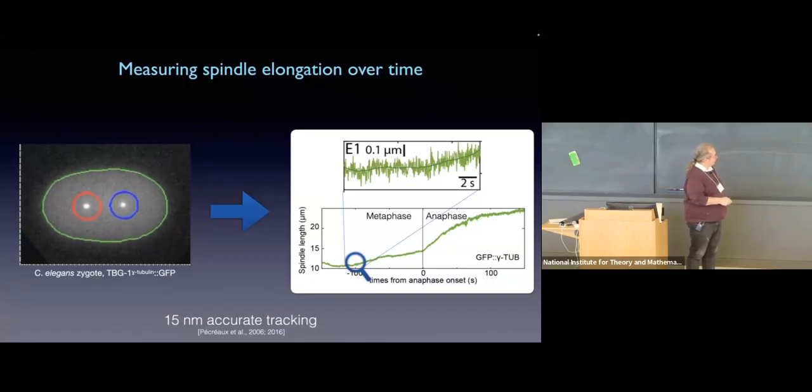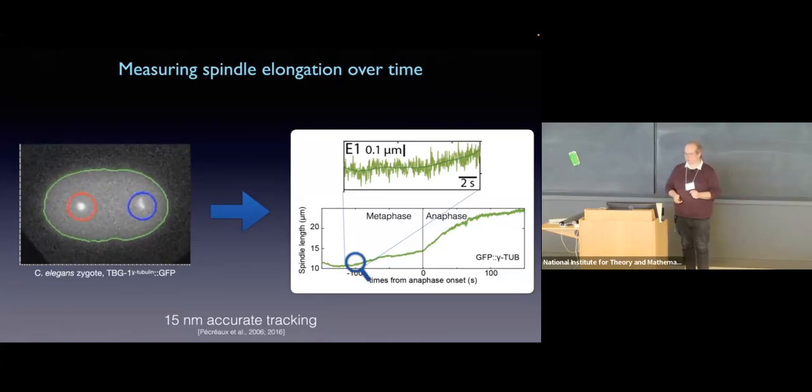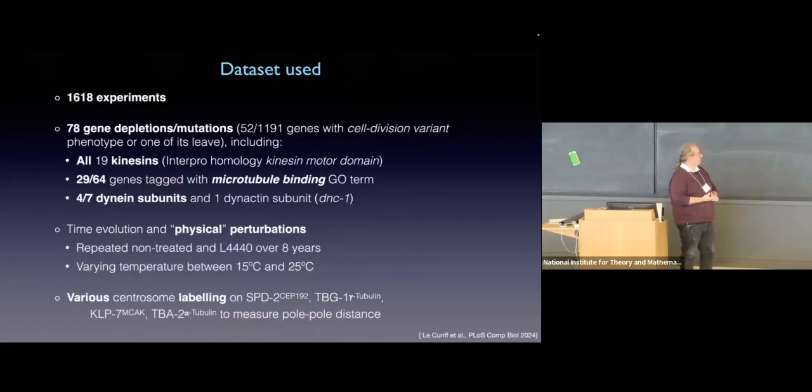So to keep it simple, we have a tracking of the centrosome. Because they spread on many pixels, we can have an accuracy much better than the classic diffraction limit. And if I look carefully at the spindle elongation over time, I see that there is a shallow elongation during metaphase and then the classic elongation during anaphase. If I zoom in on the trajectory, I see that there is, in light green, the high frequency noise, fine. But there is also this modulation in dark green that contains information about the mechanism that connects the two poles. So we put that in a